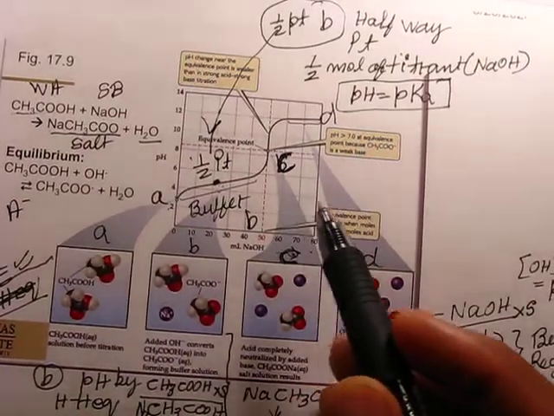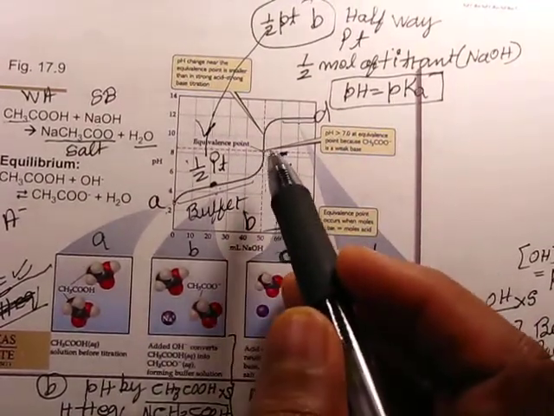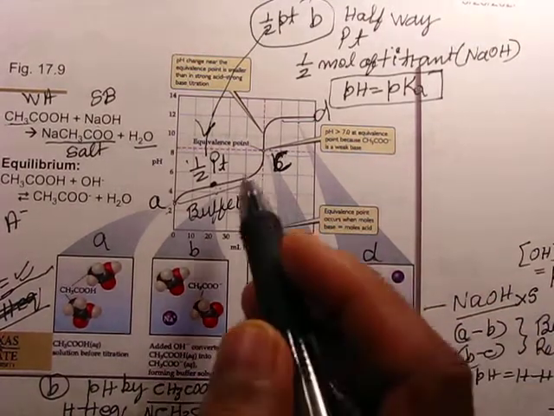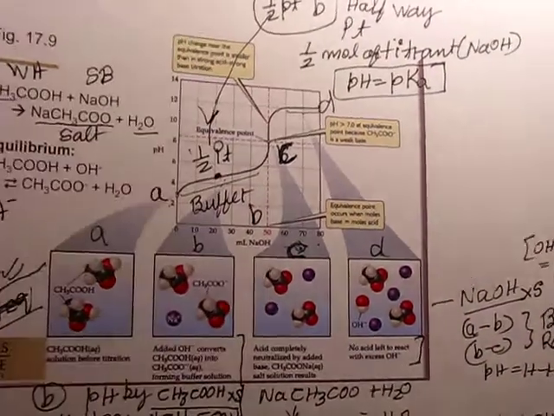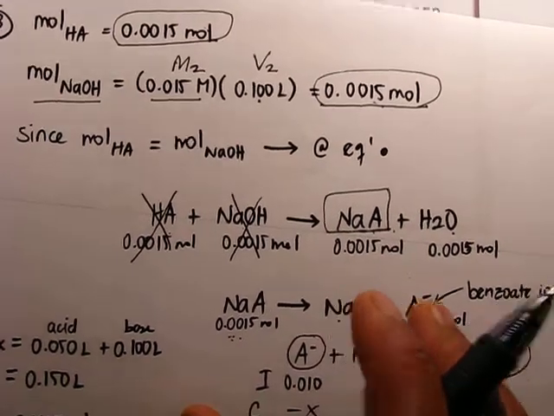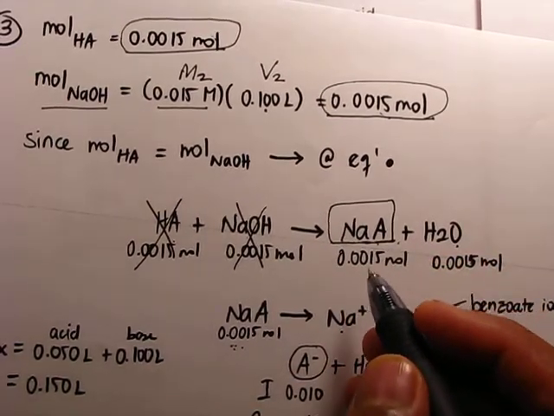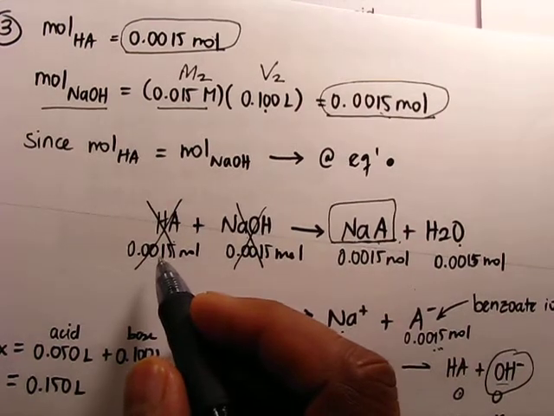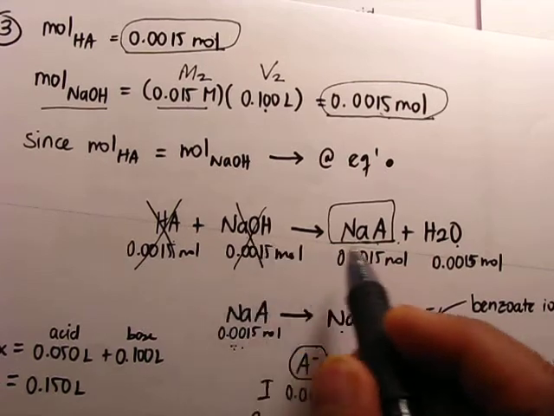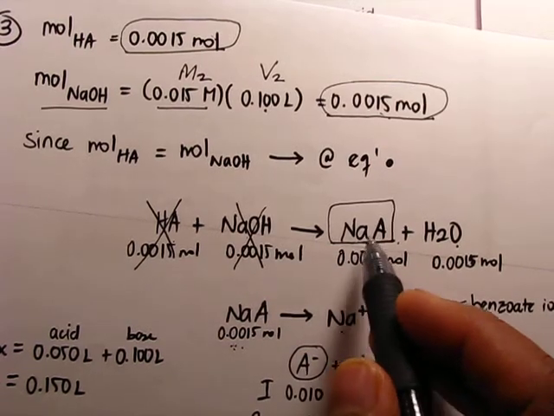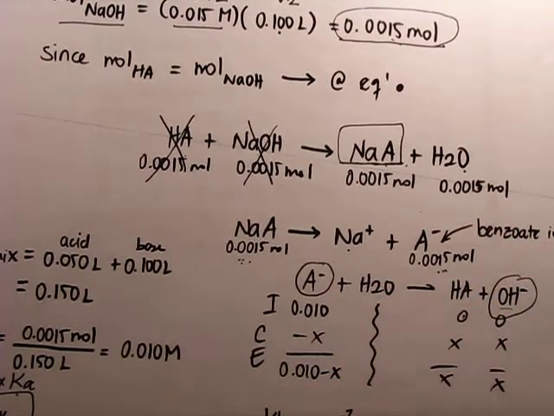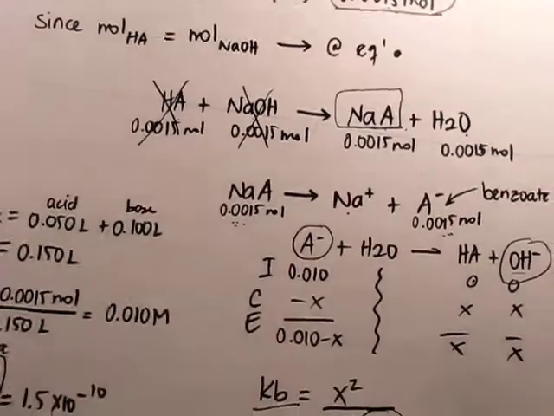If both are the same, it means we are at the equivalence point. So here, if you see the previous slide, we are in this region, where moles of weak acid and moles of NaOH are the same, but the equivalence point is in the basic condition, basic pH. So what we have to do is calculate how much salt we have. So 0.015 mole will react with the 0.015 mole of NaOH and form the same moles of salt, and this salt, once it hydrolyzes in the water or dissociates into ions, will form